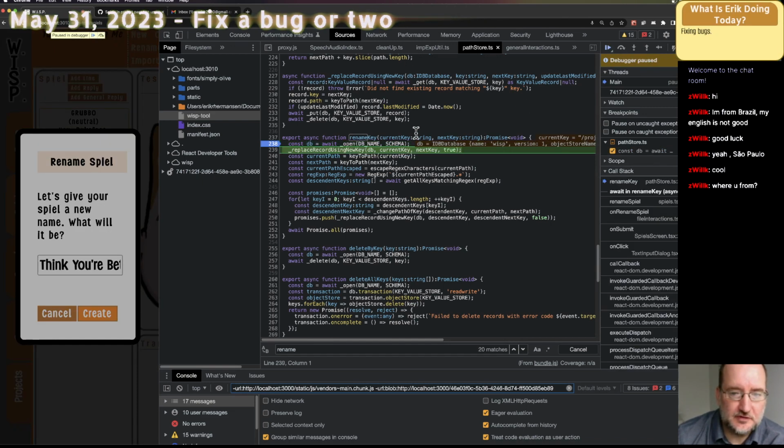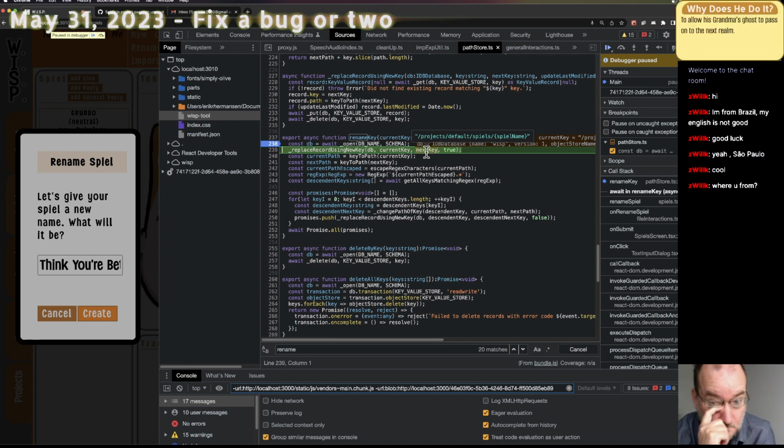DB opens, current key. You better than me. And then it should go to think. Oh, there's a mistake. There's a mistake. How did we get that mistake? Next key.